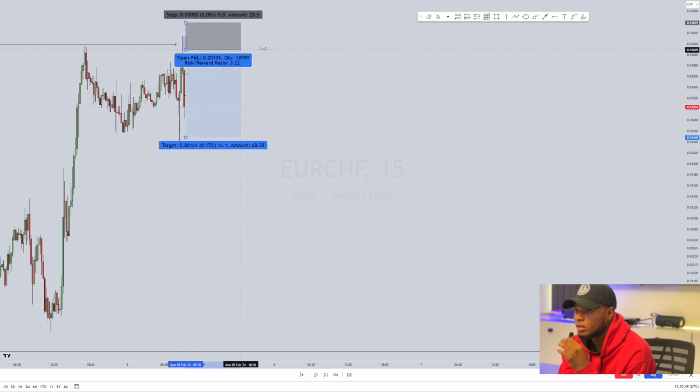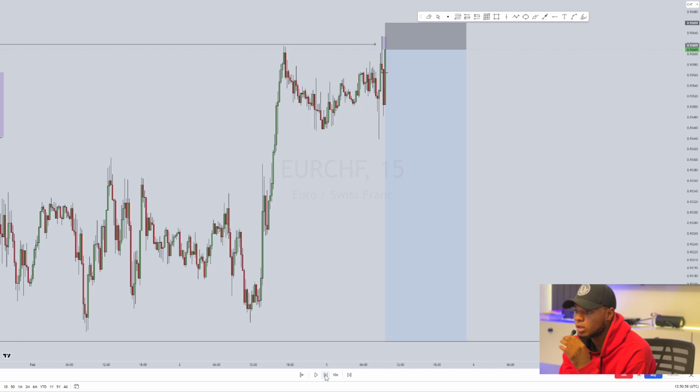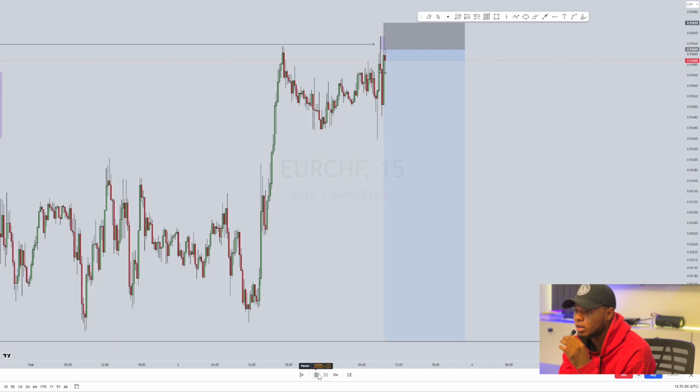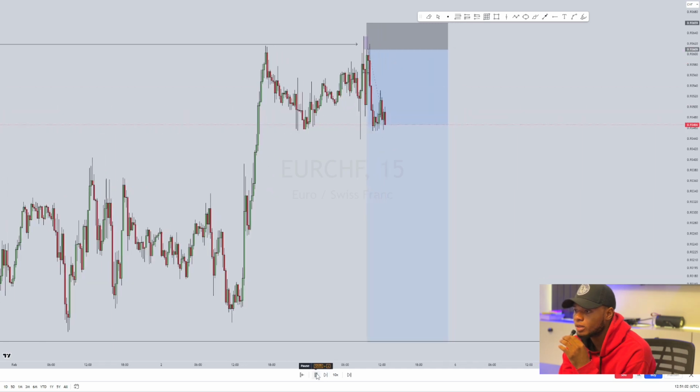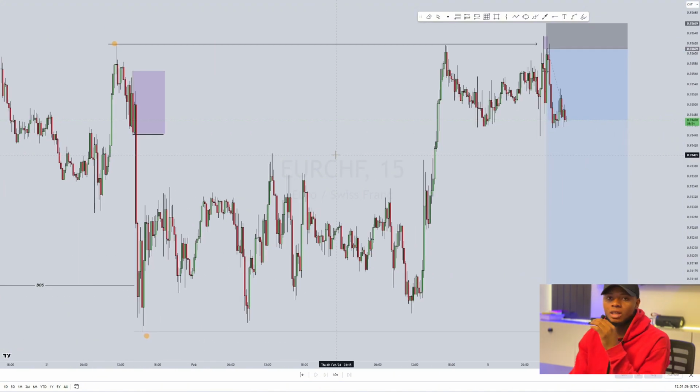So where's my target to start with? My target is actually this low, guys, simply because market is bearish. As you can see, that's over a 10 hour trade right there. You can see market tapped in right there, and currently this is where we are on Euro CHF. Now I'm gonna show you guys more trade examples, what happened on CAD JPY as well,